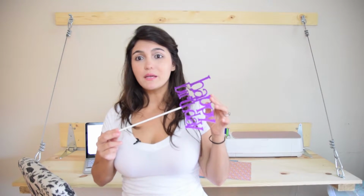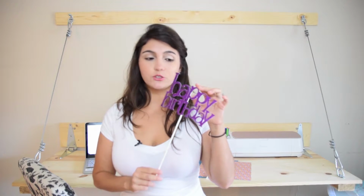In today's tutorial, I'm gonna show you how to make this beautiful happy birthday cake topper from beginning to end, adding the text in Cricut Design Space, the cutting process, everything. I'm also gonna be showing you other cake toppers I made and that I have files for you to download so you can make cake toppers for Christmas, baby shower, Valentine's Day, you name it. I have really good resources for you today. So with that said, let's just go to the computer and see the steps you need to take to make